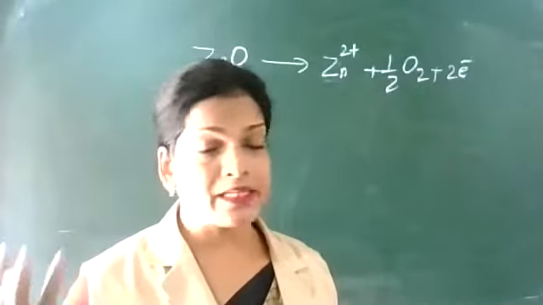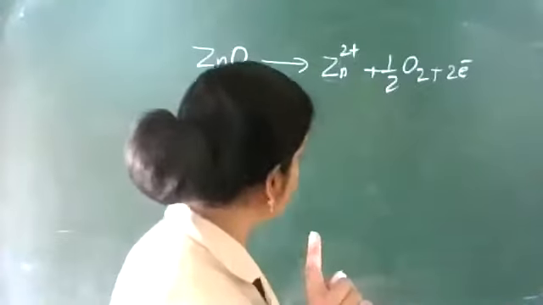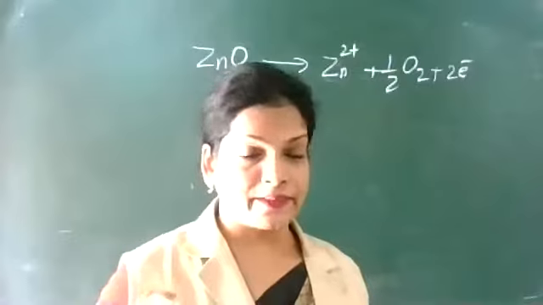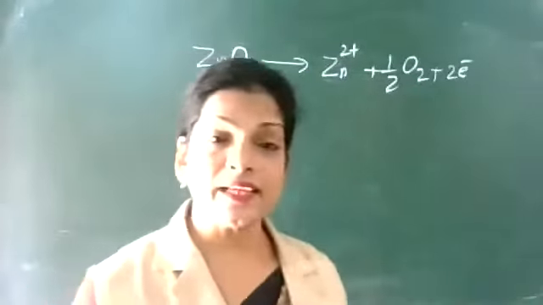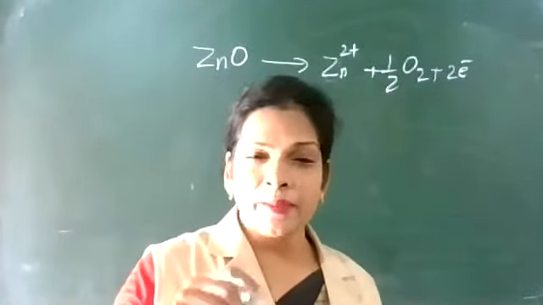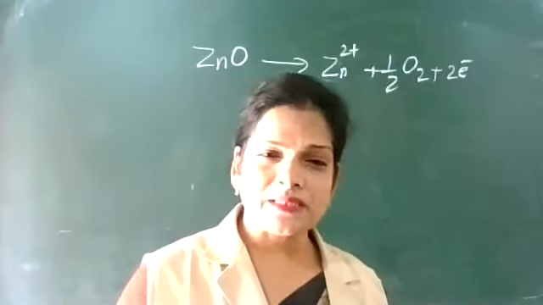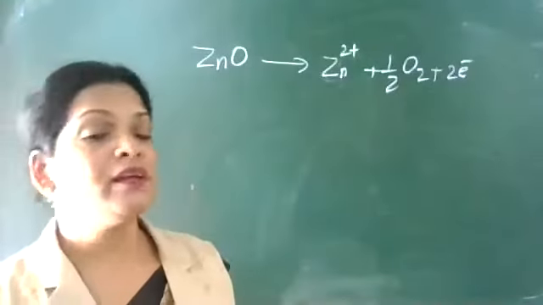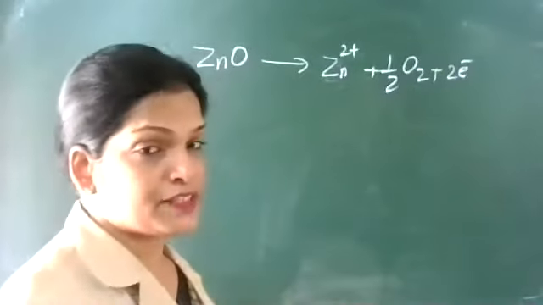The oxygen is gone, the anion part is gone. But this is still considered as metal excess defect due to extra cations. These small cations are present at the interstitial site. In the case of NaCl, Na plus is bigger than Zn2 plus, so Na plus will remain in its own position, but Zn2 plus will shift to the interstices.